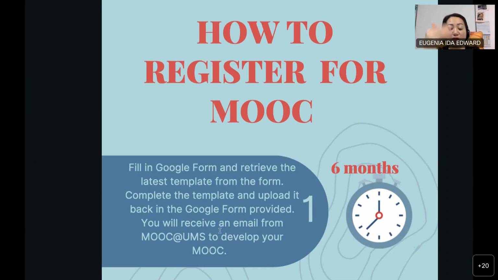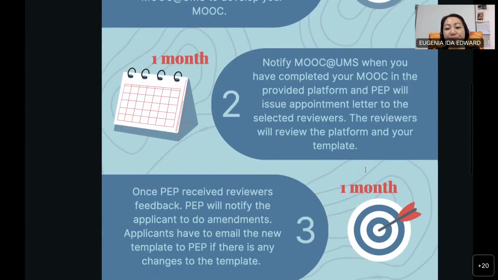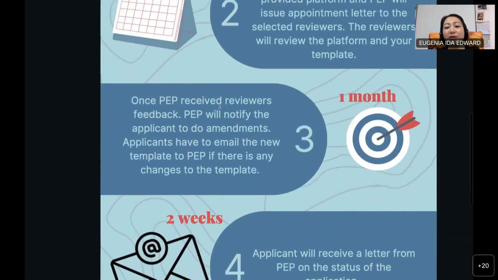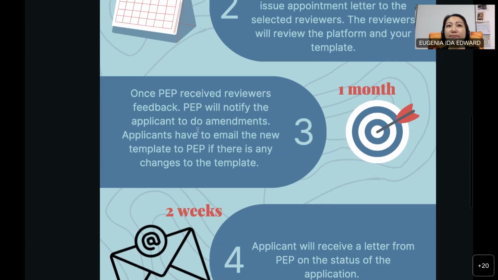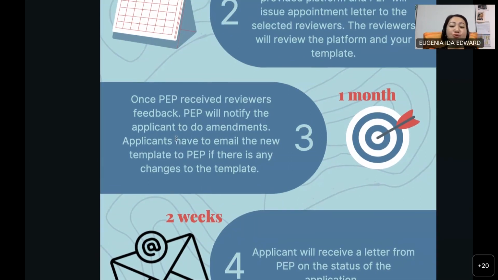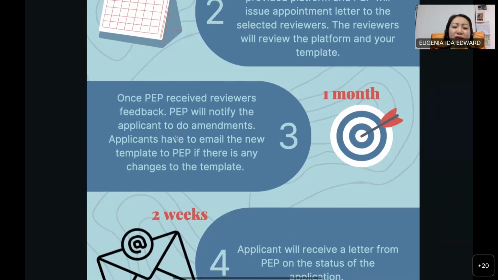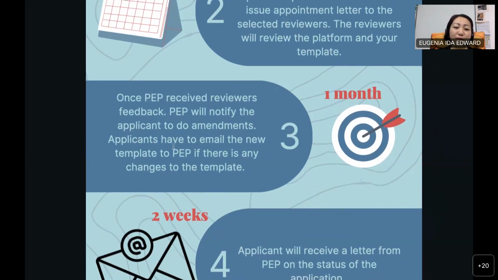Okay, we'll give you a fresh page for you to create your Mooc, and then notify us when reviewers give feedback. Notify us on the changes that they think you should make. You will have to select 2 reviewers, this is internal. If you want to have someone from outside, then let us know. But we don't give honorarium to the reviewers, we only give surat lantikan, appointment letters, yeah.